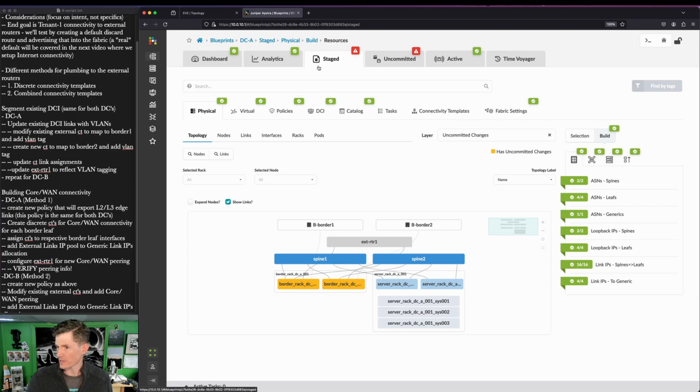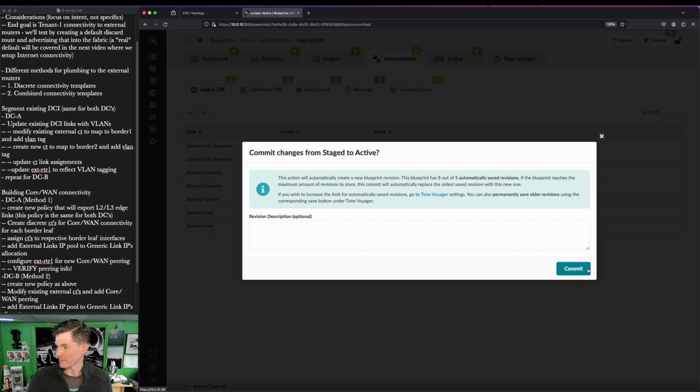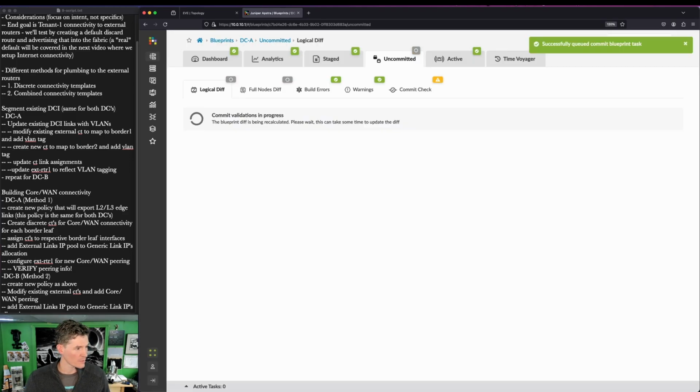I said everything goes green. Hello, staged, there it is. And we click commit. And we will go do this with a slightly different workflow in DCB, but not before